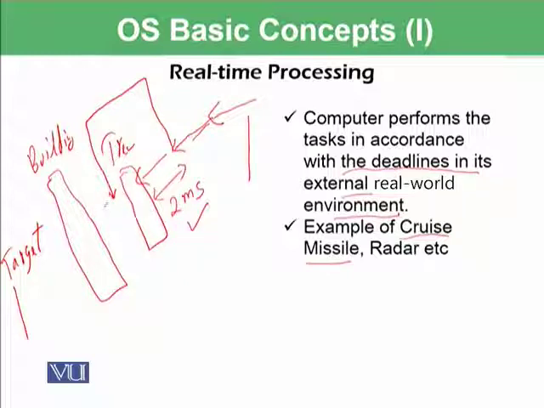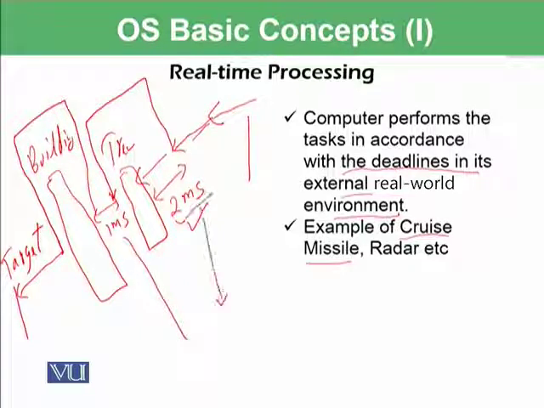Similarly, then there is a huge building. It will take only 1 millisecond to hit this building. So within this 1 millisecond, the cruise missile needs to go upward and then come back to its low profile, and then it goes to the target and hits the target. So these times, 2 milliseconds and 1 millisecond, are the deadlines which need to be met by the computer or by that job. Such processing is known as real-time processing, where we have a certain deadline and